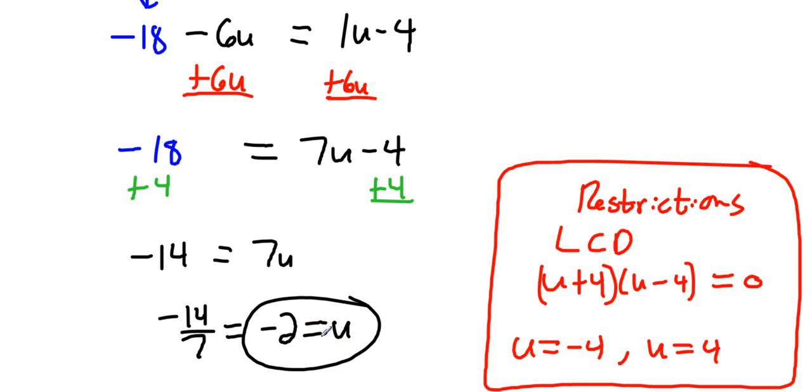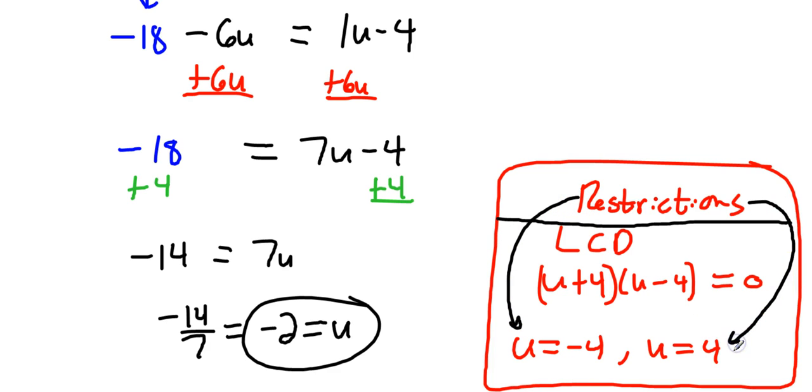And if you want to do it that way instead of having to go back and plug it back in, when you get to the answer, just realize that the restrictions you're going to have are whatever you use for the least common denominator set equal to 0. And that's the answers you cannot have. You cannot have 4, and you cannot have negative 4. Any other answer, you're good to go. And if you'd rather do it that way than what we did back on the earlier page,